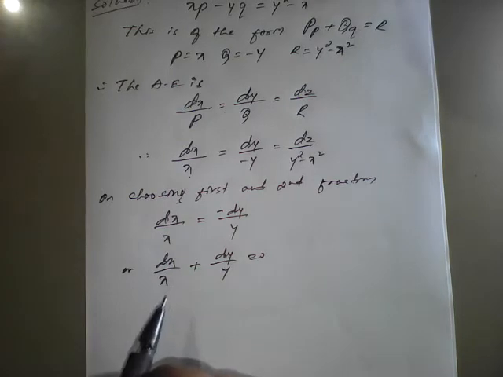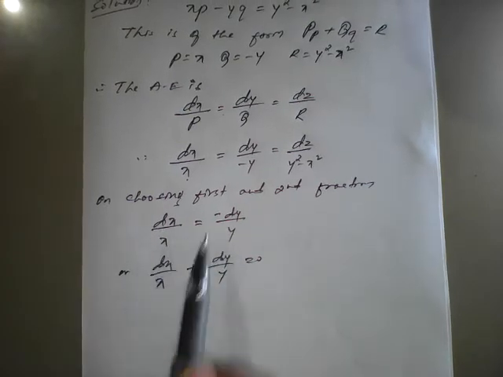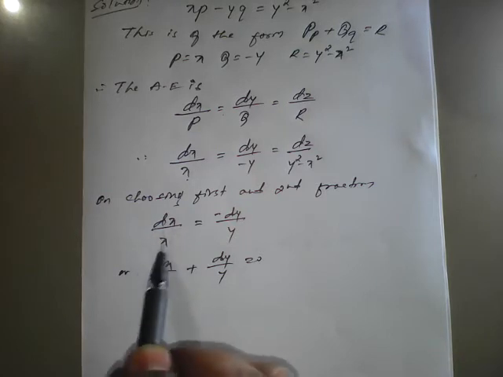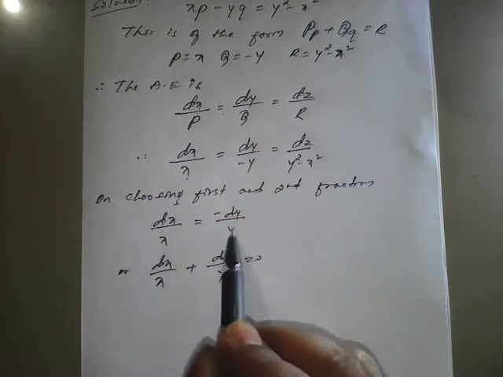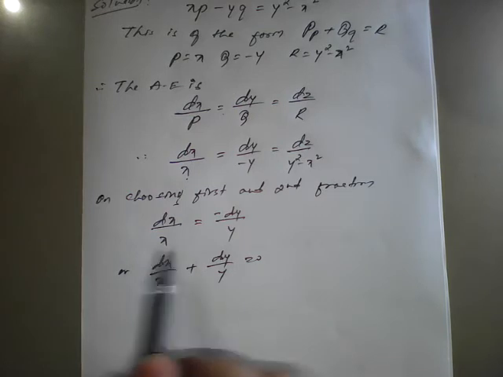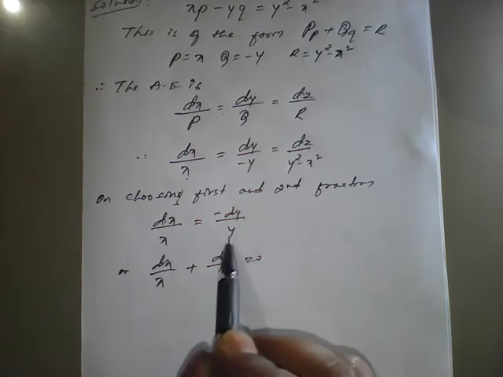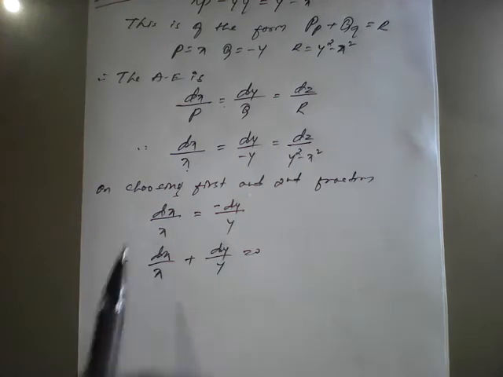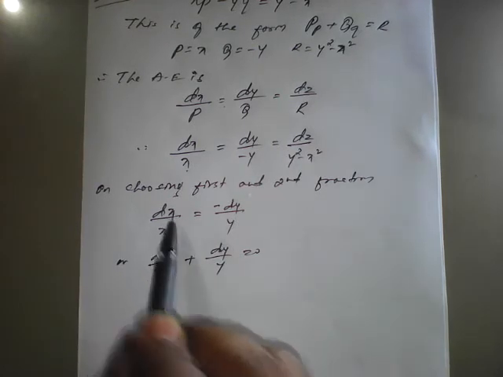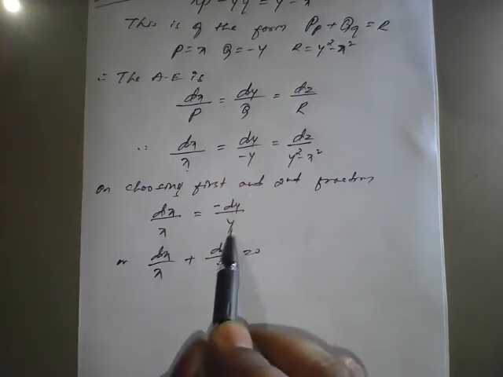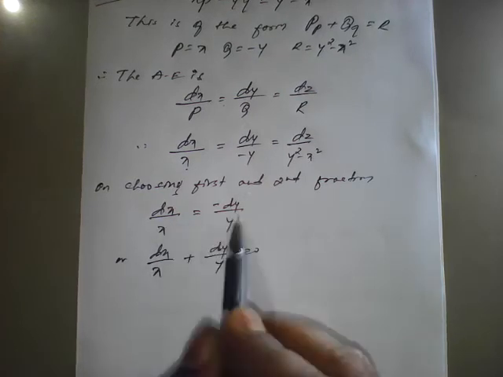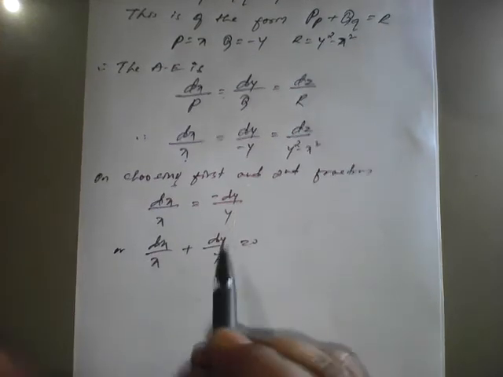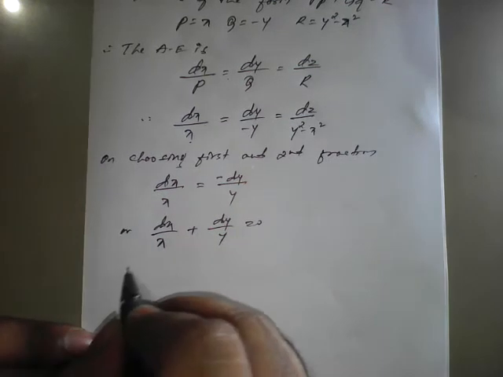But you can find here there is no need to interchange or cross multiply, because dx is with variable x and dy is with variable y. In previous classes we have seen dx is not with respect to x and dy is not with y, so that's why we cross multiplied. But in this case x is with dx only and y is with dy, so no need to cross multiply, and we only need to go for direct integration. So on integration,